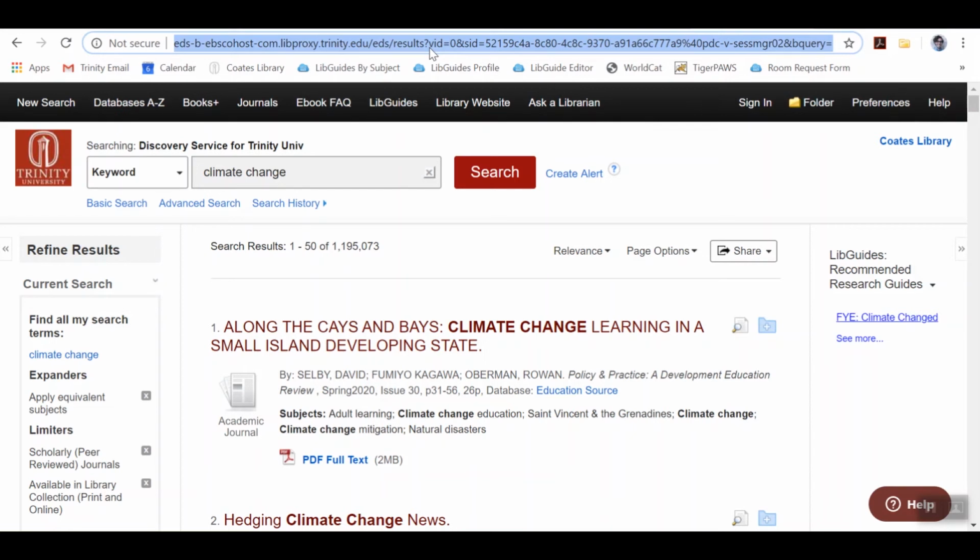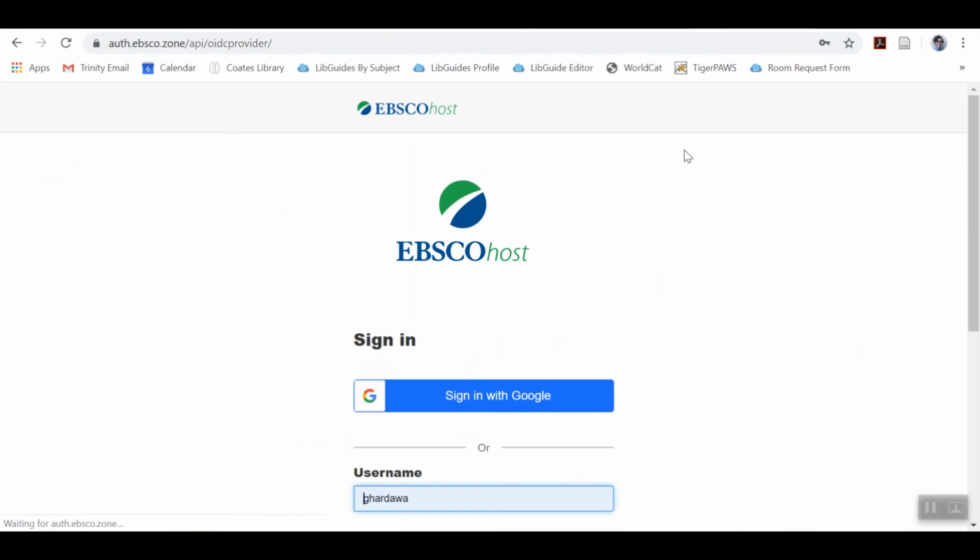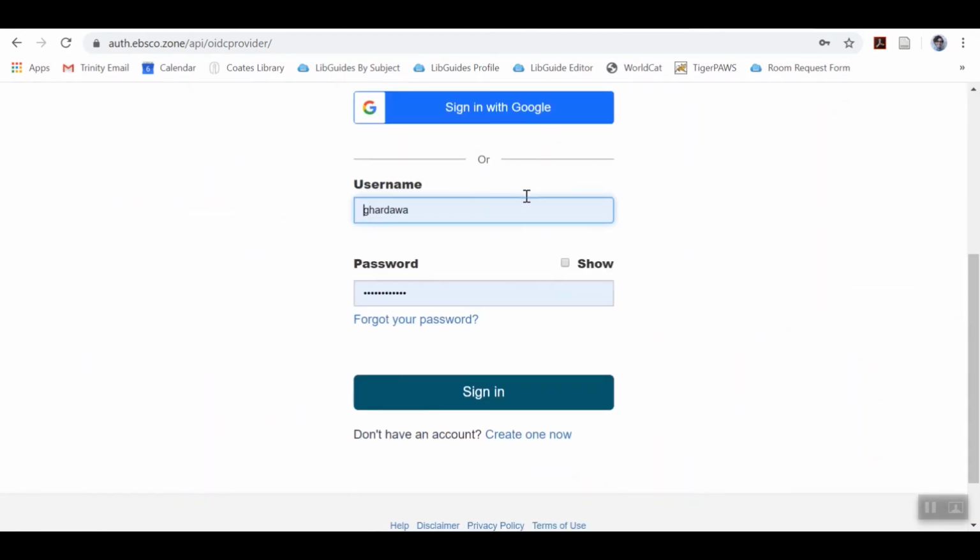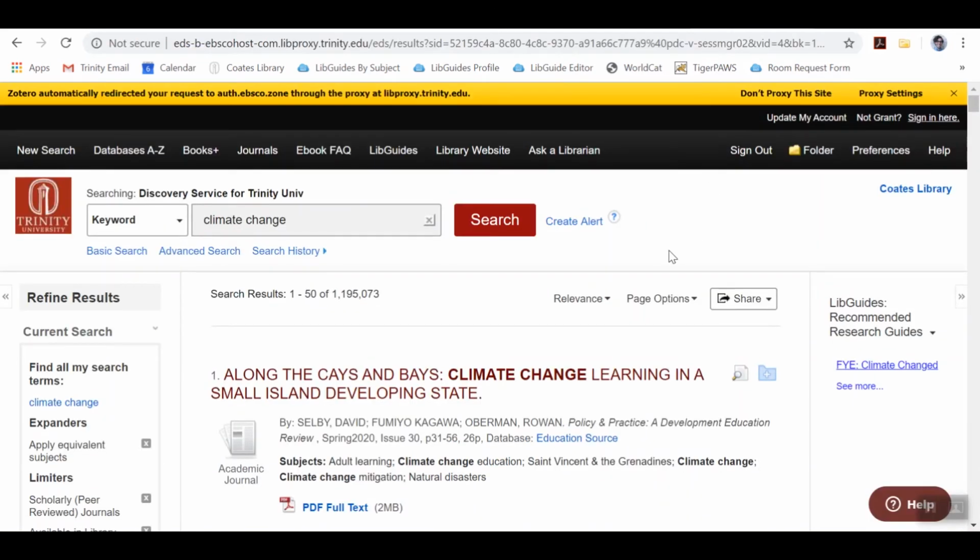An easy way to do that is you can create an account through EBSCO. So you can click on this sign in option up here. I've already made my account, so I'm going to go ahead and sign in, but if you haven't, you can create one here. Now I'm signed in, and so now I have a folder in which I can put my articles. So if you click on the folder option here,